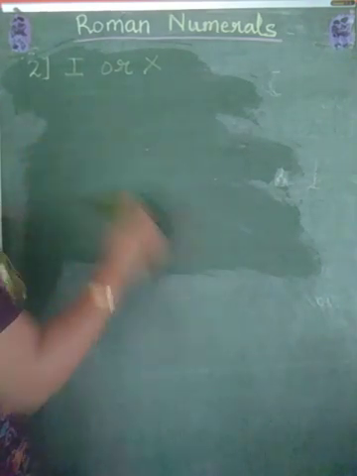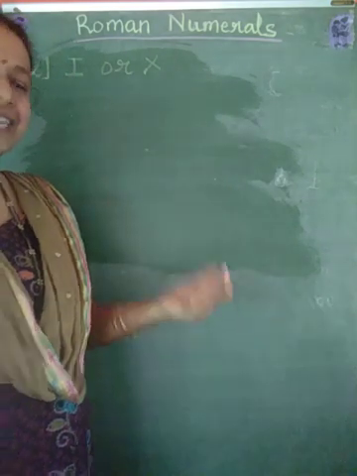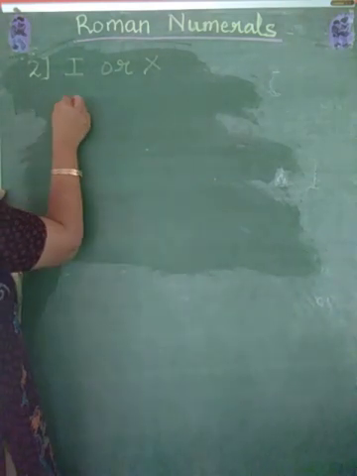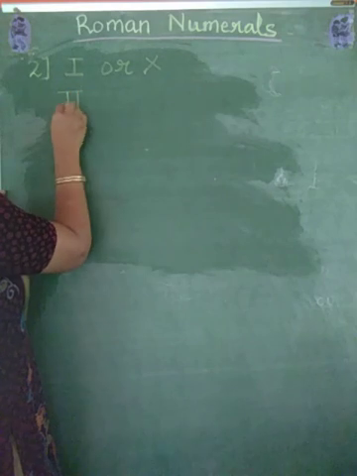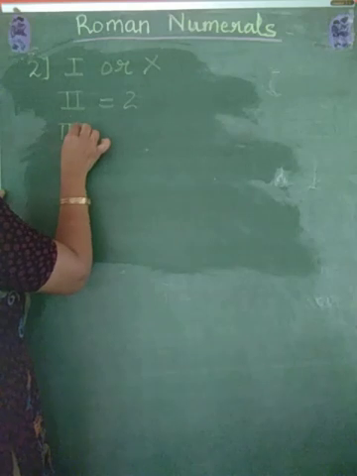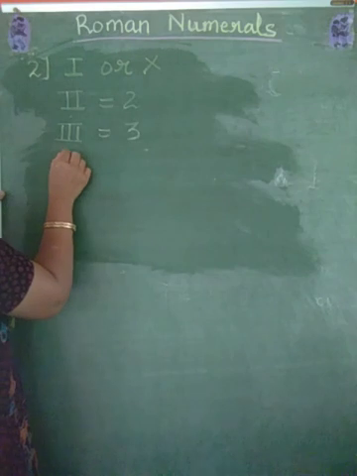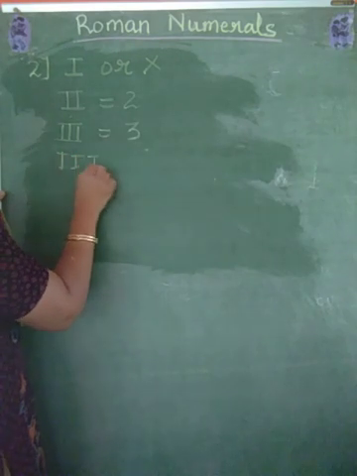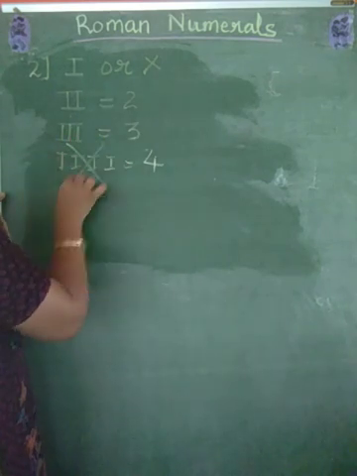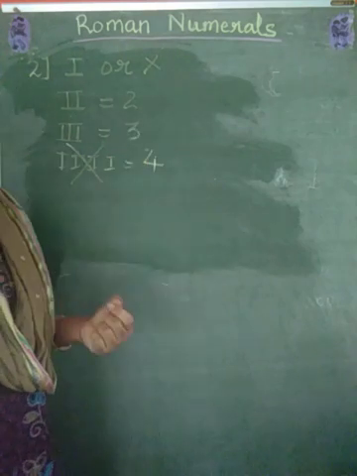So let us see now what are the numbers which we are getting after we write them maximum times. Just now in rule number 1 you have already learned that I can be written as I, which is 1, double I will be 2, and triple I will be equal to 3. We cannot write 4 like this, as IIII. We cannot write it as 4 because according to the rule this is wrong. We can write I only 3 times.